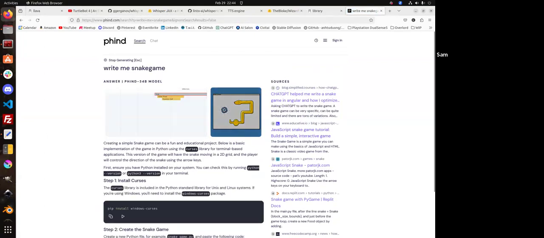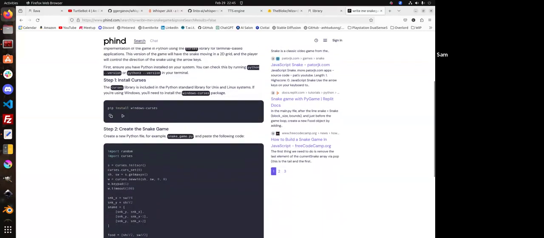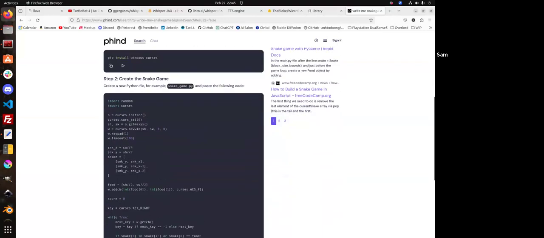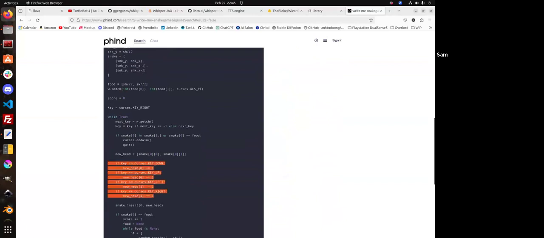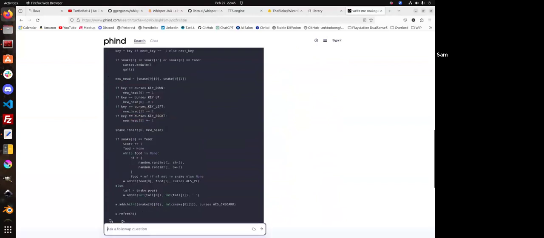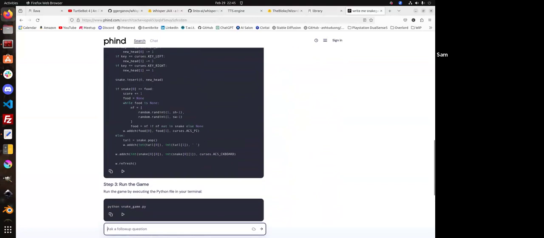So it looks like, yeah, snake game is this thing where you move around, you grab the little pebbles or whatever, and then your snake gets bigger. So you can check the code. Yeah, it's looking for the keys, like left, right, up, down. That looks good. If you get a food, it makes you bigger. This might actually